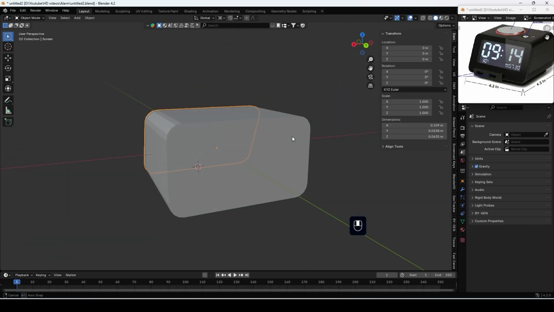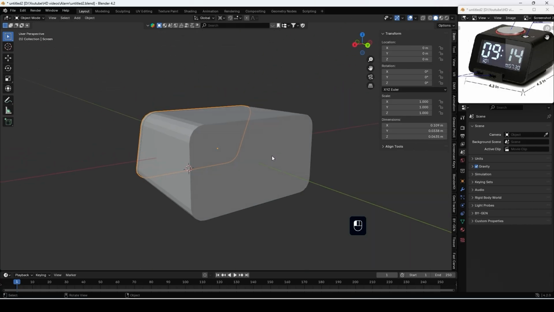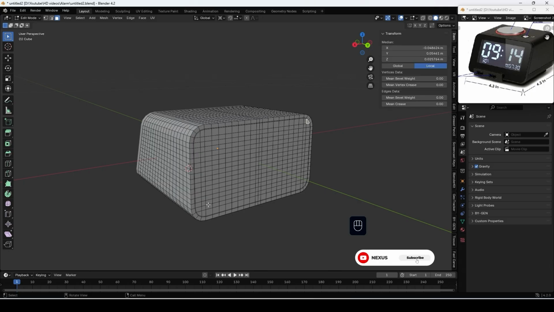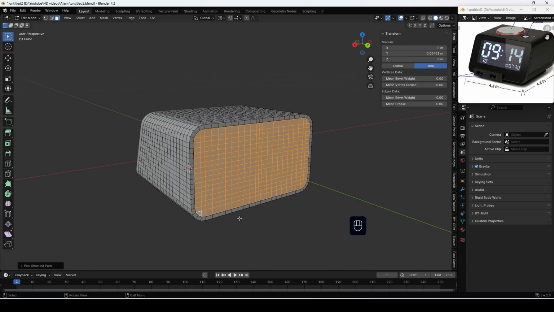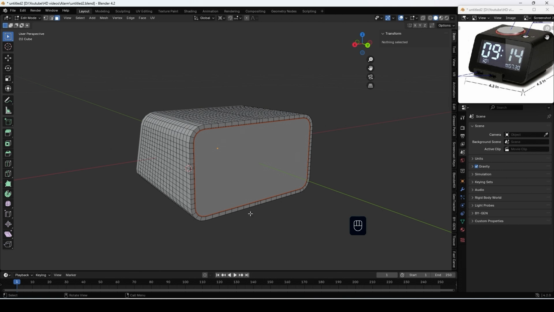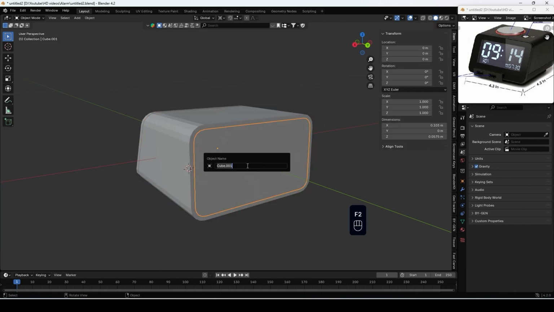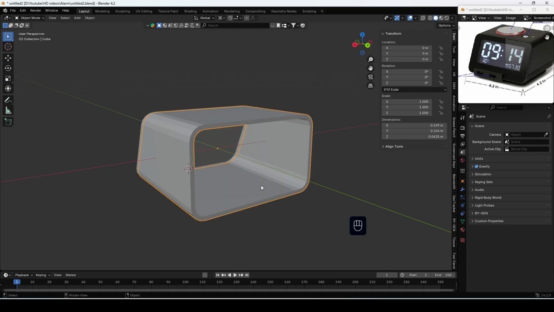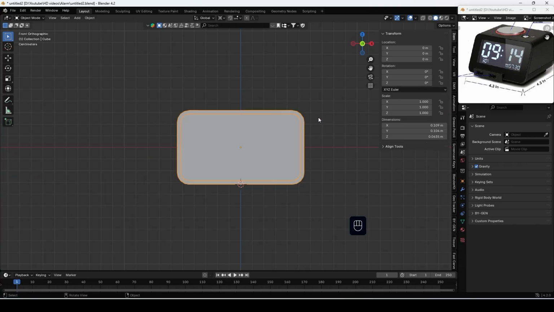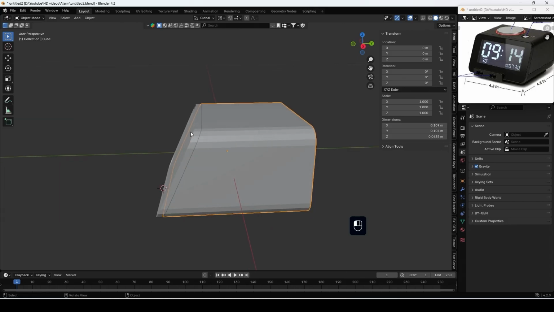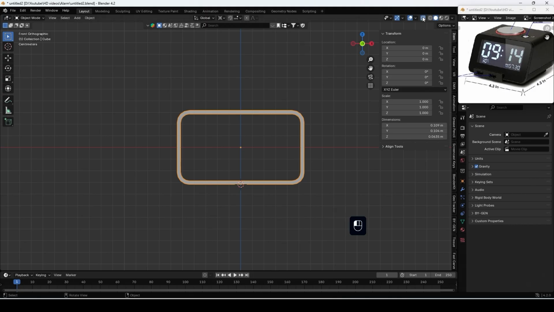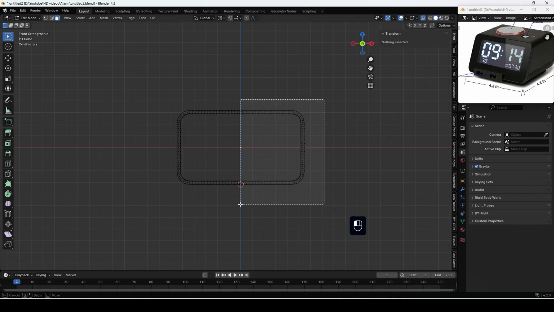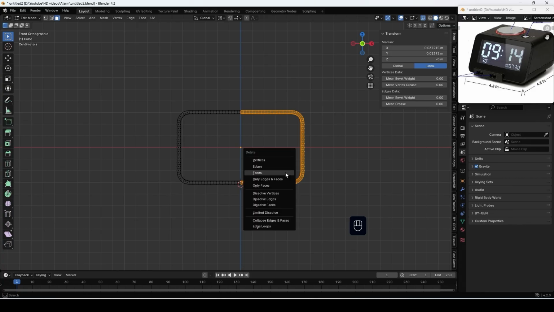I will do the same on the back. P to separate. Then I will rename it. Hide it. Right now, select the main body, go to front view. Okay, I forgot to hide the screen. Go back to front view, enable X-ray, go to edit mode, and I will select this half, delete the faces,